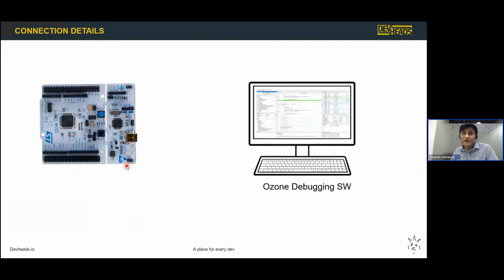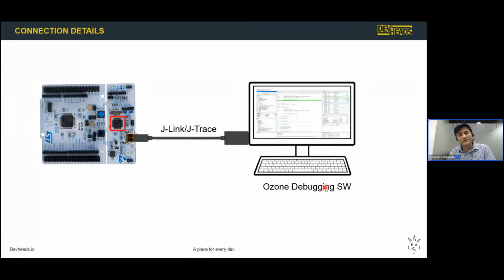So for today's session, here is the hardware setup I will be using. We have this STM32 Nucleo board, and probably everybody knows that this Nucleo board has this ST-Link debugger here. We will be debugging this STM32F4 microcontroller, which is a Cortex-M4 core. And because we're going to flash the J-Link firmware, this ST-Link debugger will be acting as a J-Link debugger. So we will create a link between this J-Link debugger and the host PC